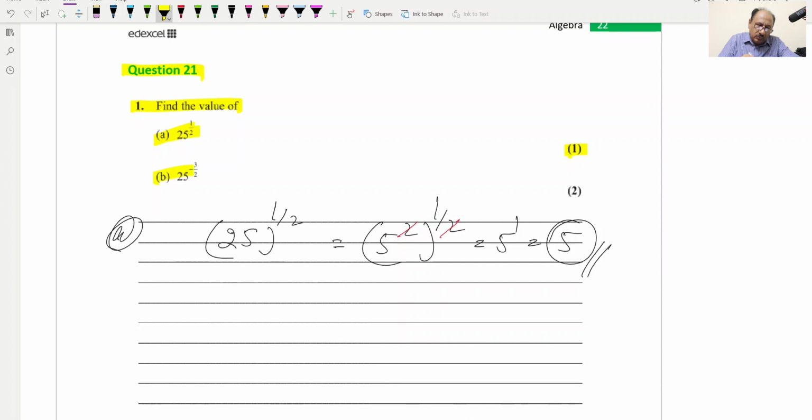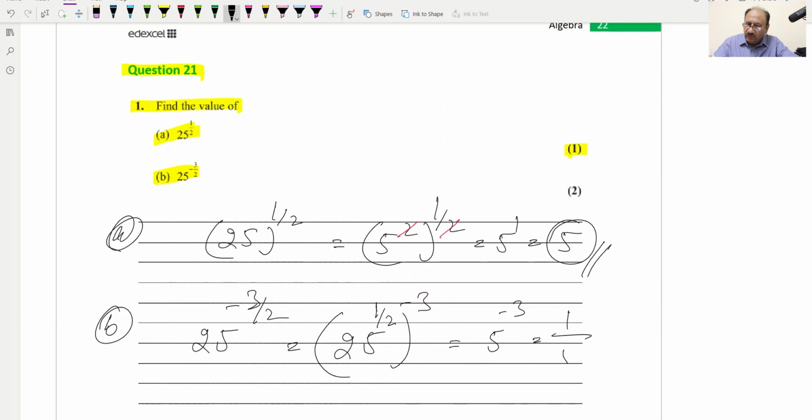Now we can go to this B part. B part says 25 raised to the power minus 3 by 2. So we can rewrite it as 25 raised to the power 1 by 2 whole raised to the power minus 3, and 25 raised to the power 1 by 2 we have solved in A part, which results in 5. So we can write 5 raised to the power minus 3, which is equal to 1 over 5 raised to the power 3, or 5 cubed, and we can write it as